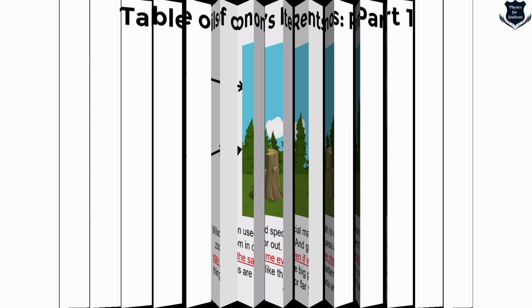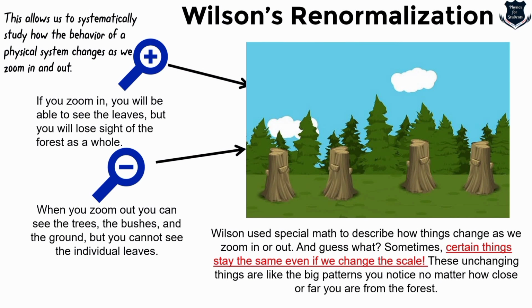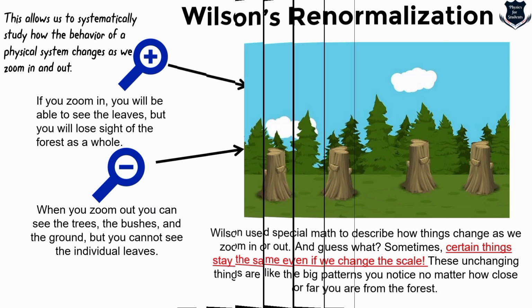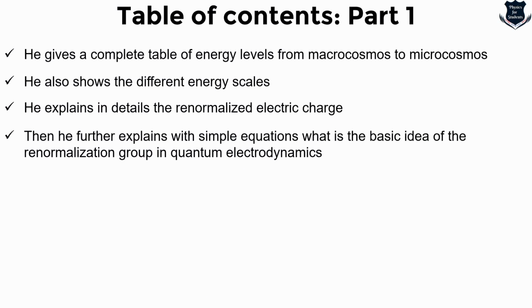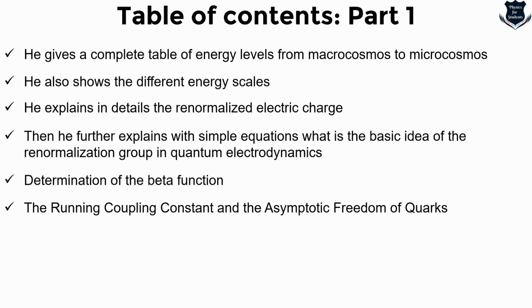Now you see that here, as we understand this one, okay, let me go back. So we understood what is zooming in and zooming out. That means the microcosmos and the macrocosmos. So using this, what he tells is that he gives a complete table of energy levels from macrocosmos to microcosmos, and it also shows different energy scales, and he explains in detail the renormalization of electric charge and the basic idea of renormalization of groups in quantum electrodynamics, the determination of the beta function and the running coupling constant,